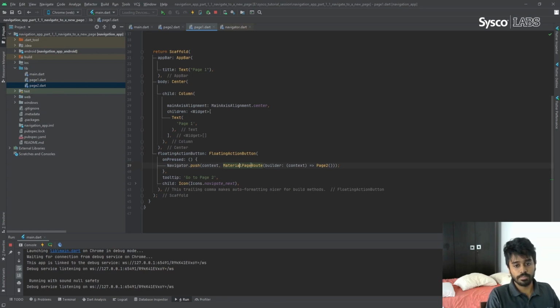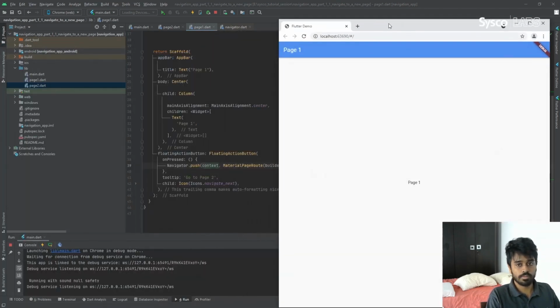And for the material page route I have passed the builder method again, and in the builder method I'm returning page 2. So that's how you can use navigator push method to navigate into the page 2. And this context is really important for the navigator class, and I will explain in the upcoming topics with some example why it's really important. So let's see this application running now.